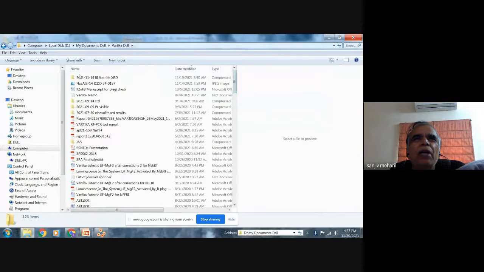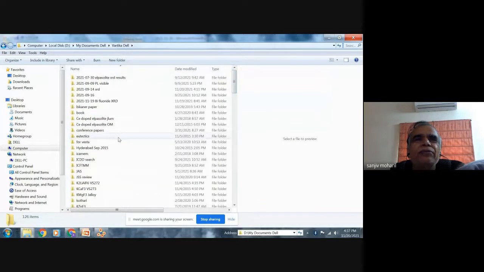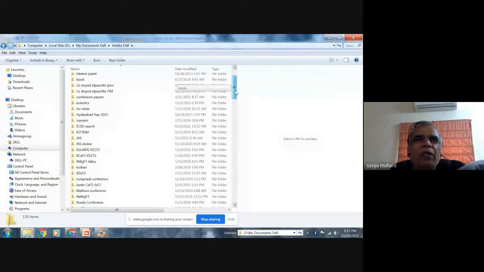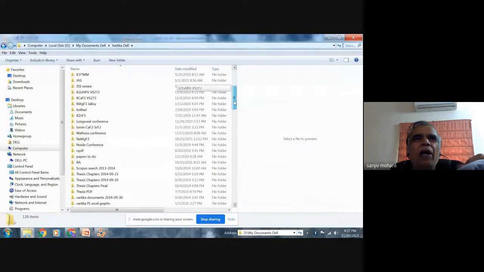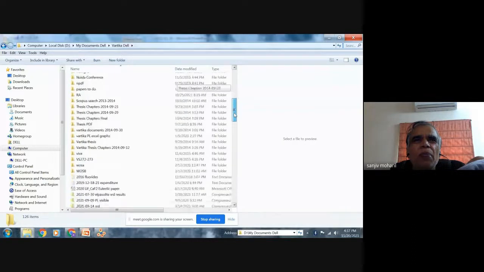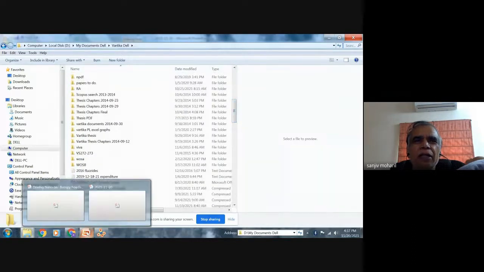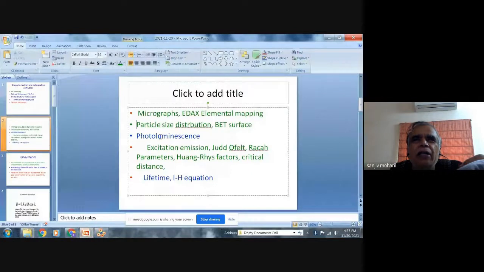I don't seem to be having it here. Okay, somewhere in fact I might have shown, but just now I'm not able to locate it. But suffice it to say that this particle size distribution we can get by dynamic laser scattering or BET surface. That is the best way.